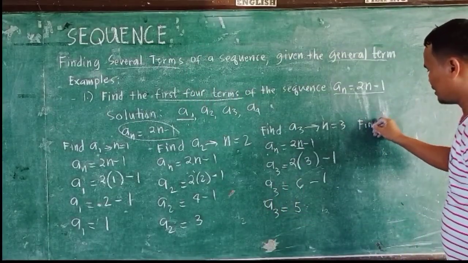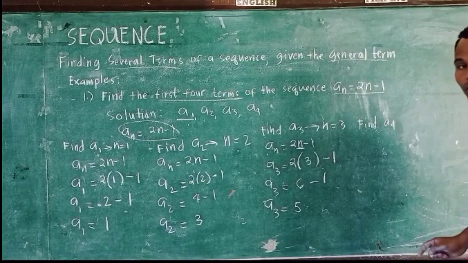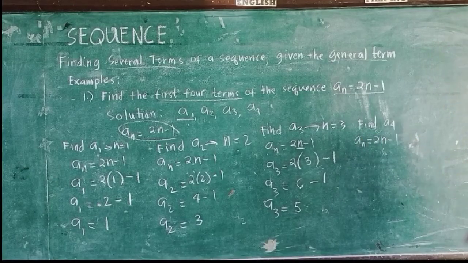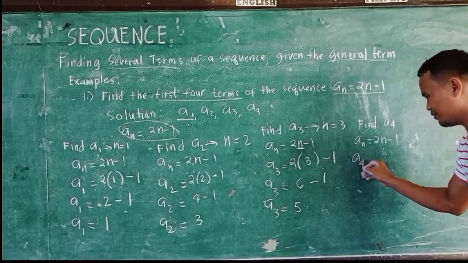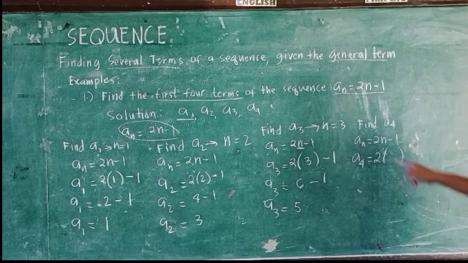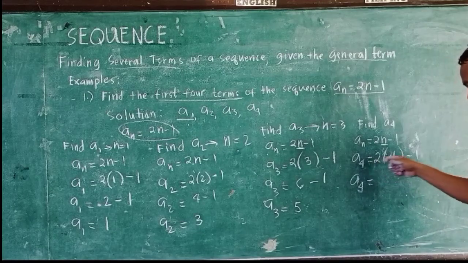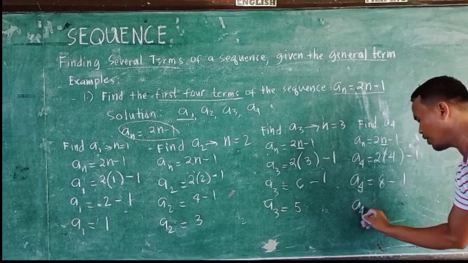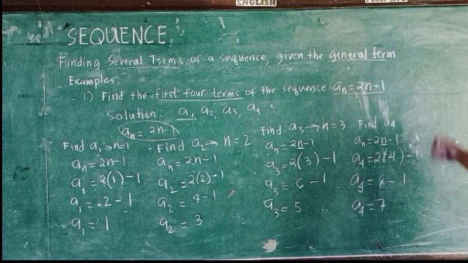Then, if we find a sub 4, it implies that here n is equal to 4. So using the nth term, a sub n equals 2n minus 1, substitute the value of n here, which is equal to 4. So here we have a sub 4 equals 2, put a parenthesis, then the value of n, which is equal to 4. Copy minus 1. Then copy a sub 4, multiply 2 times 4, that's equal to 8 minus 1. A sub 4 equals 8 minus 1 is equal to 7. Therefore,